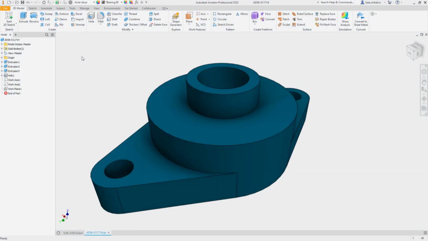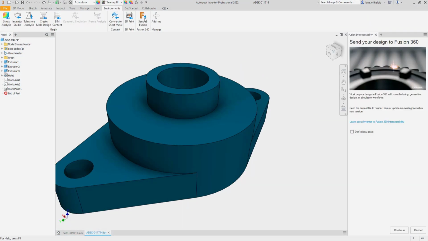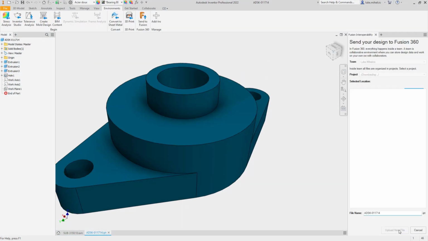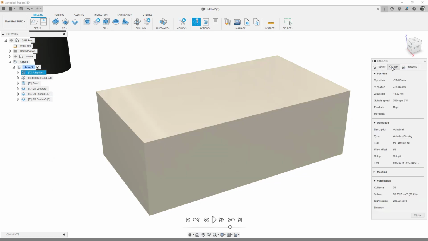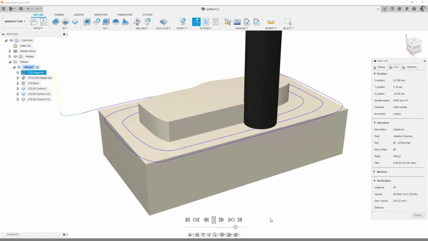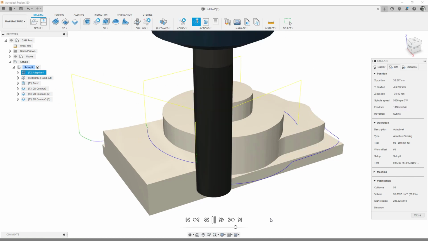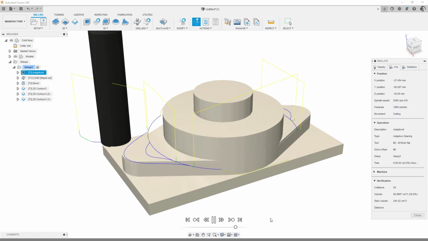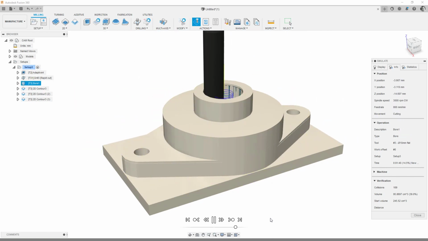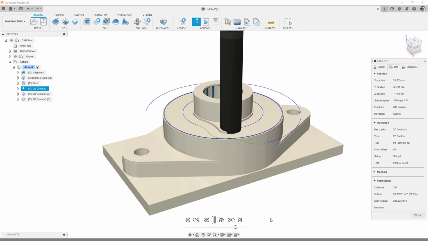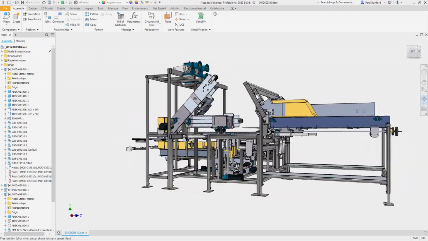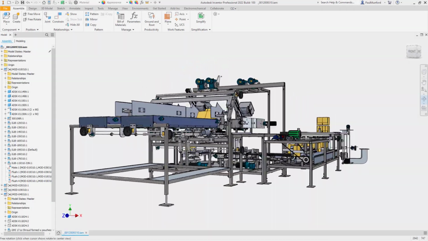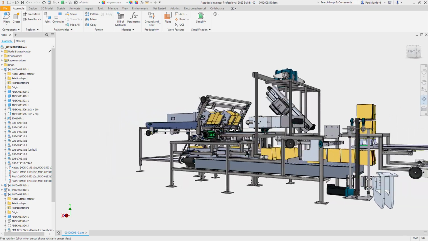To seamlessly extend your Inventor workflows, we've added a new Send to Fusion 360 tool to connect Inventor through Fusion Team to Fusion 360. If your Inventor part file changes, you can push an update to Fusion 360. This new workflow provides a direct connection to tools inside of Fusion 360, such as generative design, additive and subtractive manufacturing, simulation, and electronics. Autodesk Inventor 2022 provides the increased performance you expect from release to release and the productivity